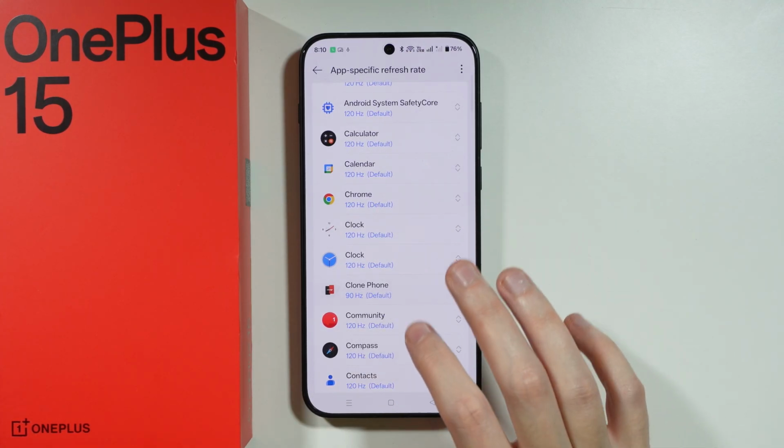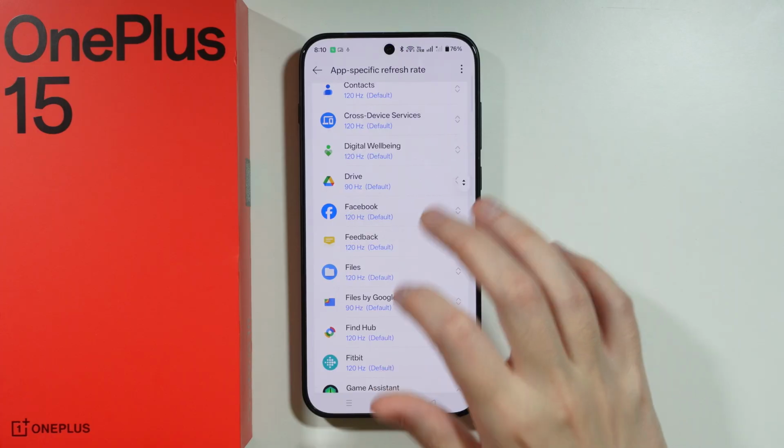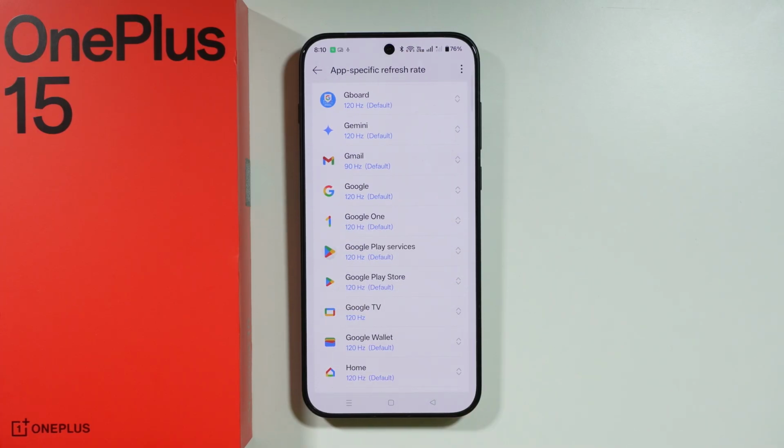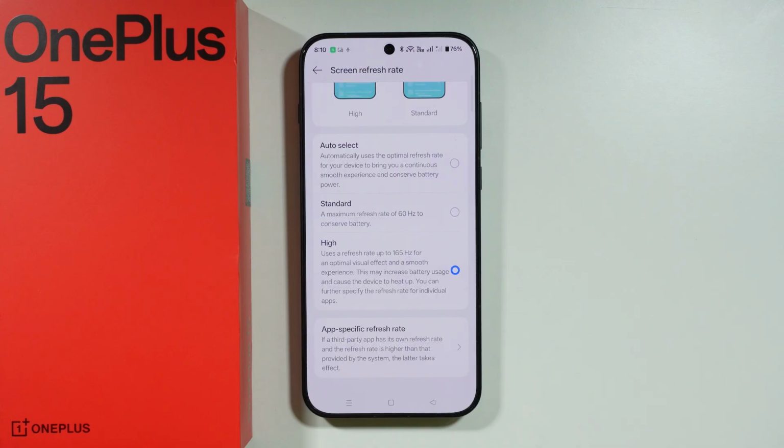And in some cases, apps by default are using only 90 Hz, but of course we can still select them and switch to more if we want to. And only selected games are actually compatible with 165 Hz refresh rate. So if you play some games, there is a high chance that you will actually not experience 165 Hz refresh